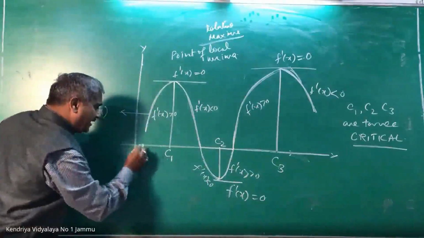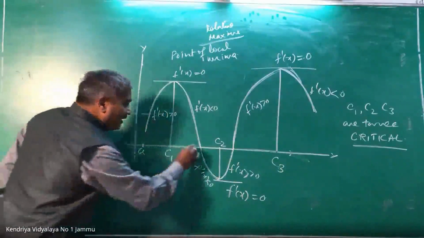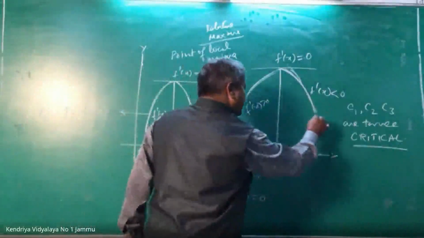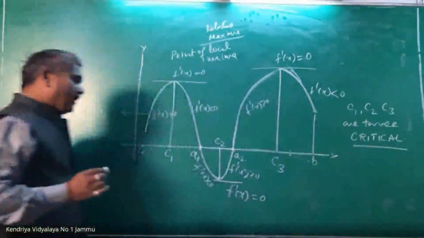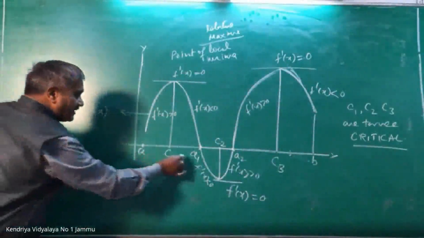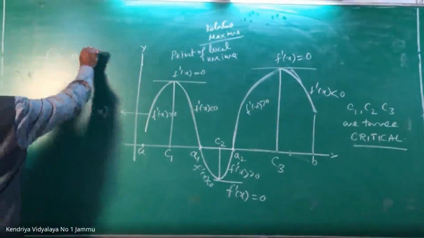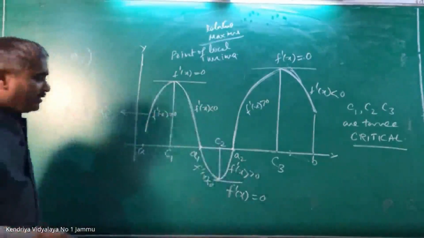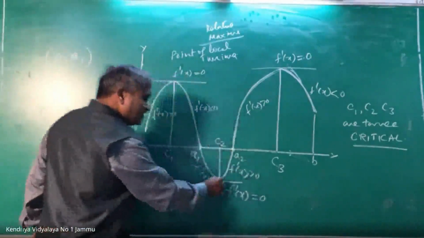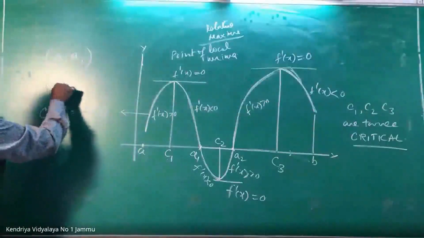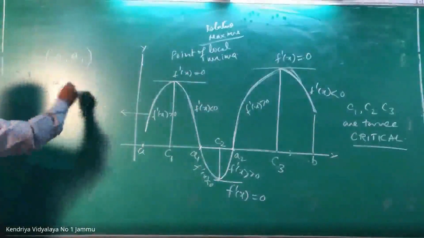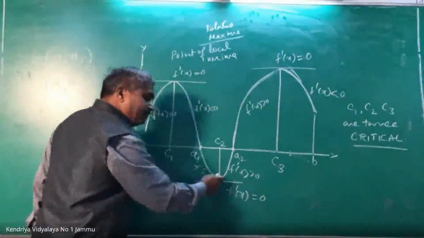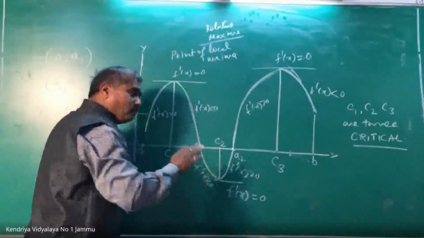Say here I take A, and this is A1, and this is A2. I take up to this point as B. Now what exactly happened is, if I take the interval A to A1, open interval, in this interval this is the maximum point, I do not have a minimum. If I take A1 to A2, this is the minimum. So in A1 comma A2, this is the minimum. That is called point of minimum, or point of local minimum, or point of relative minimum. Why they are called so, I'll tell you.